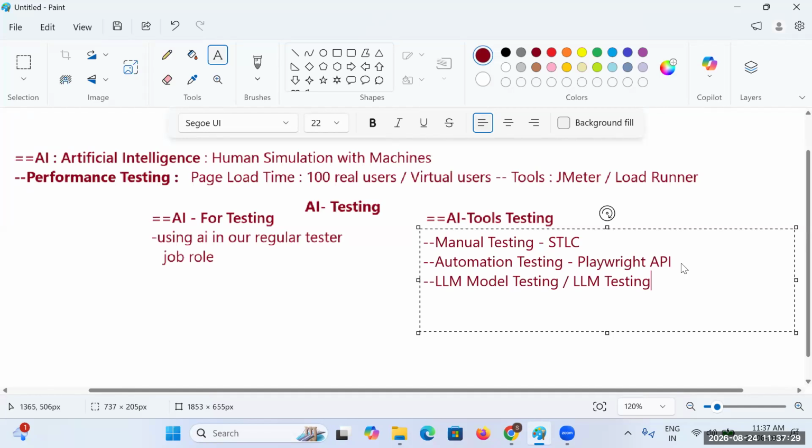How we have to do all these things will take some time. As part of our program, first we have to complete AI for testing, and after that we'll be taking AI tools testing here.